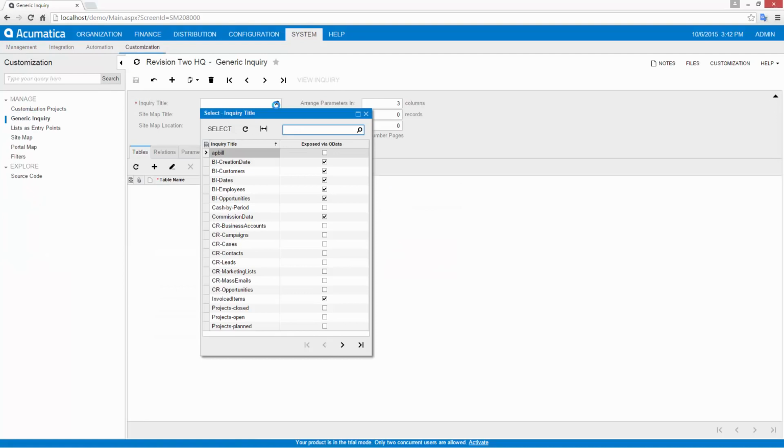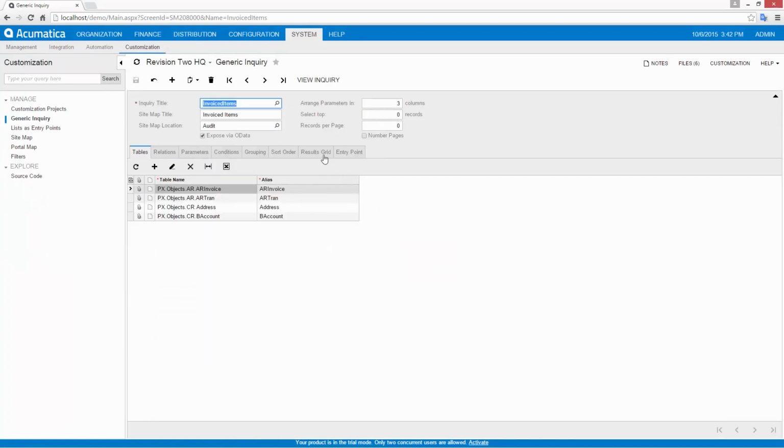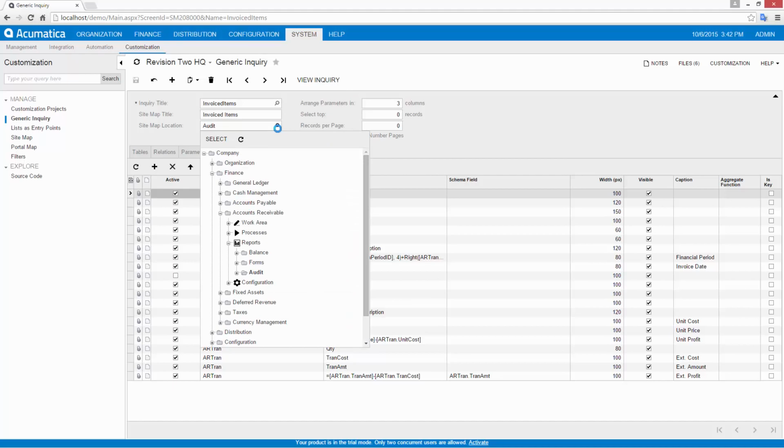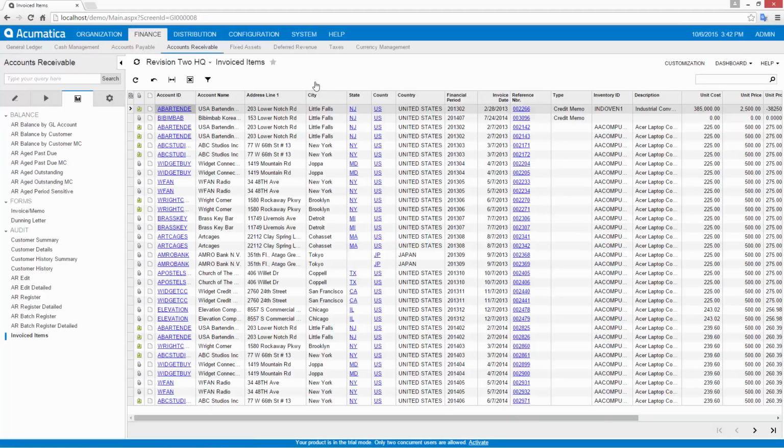I can create simple queries in a few seconds, or build more complex queries with multiple tables and input parameters that allow me to change results on the fly. Once my query is created, I can add it to my sitemap and apply security permissions. Query results appear in a standard Acumatica grid, so individual users can filter the results and add the information to